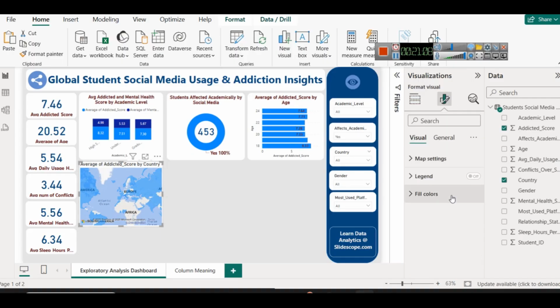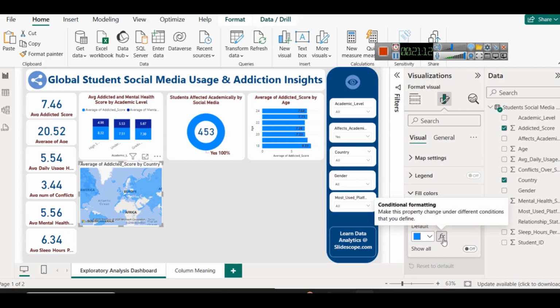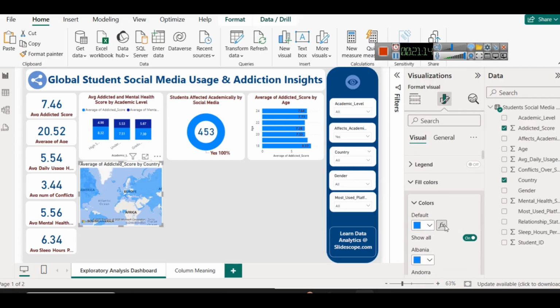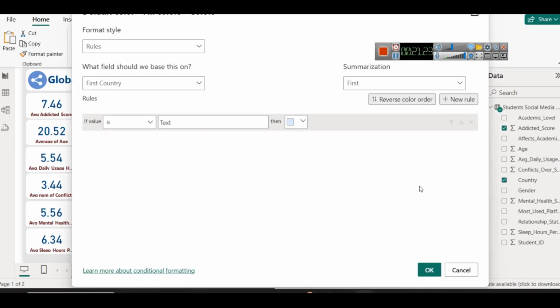So for that you can go to fill colors. Now you can go to effects or you can go to show all. For example, if you want to show all these countries in a different color, like you can select color for them manually, or you can go to effects and you can show it on the basis of some rules. And rules is that, let's say,